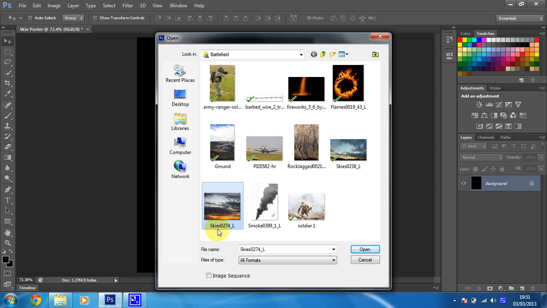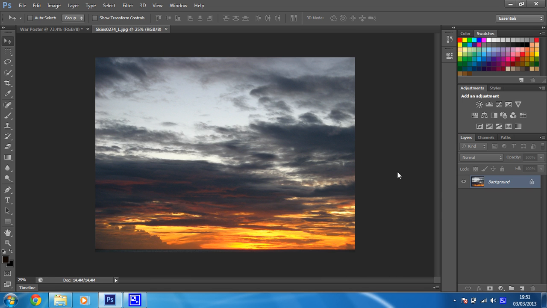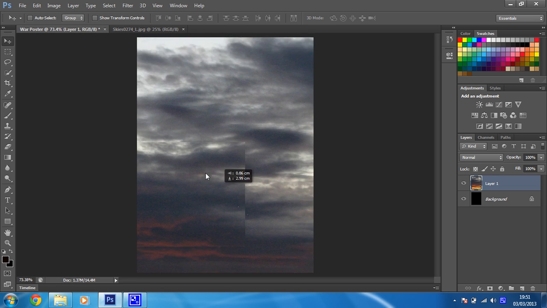So on mine it's called skies0724_L. Okay, so I'm just going to open that up as a separate document. And then what I'm going to do is, using my move tool, drag that into my working document, which is war poster. So just drag and then drop, and there's my sky, but at the moment it's way too